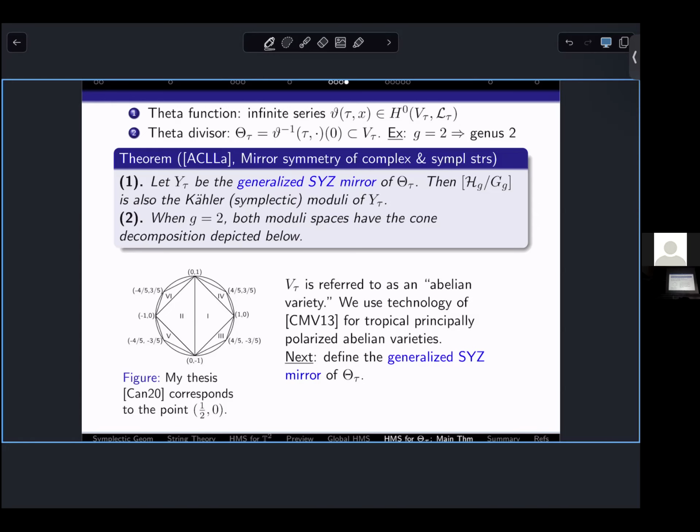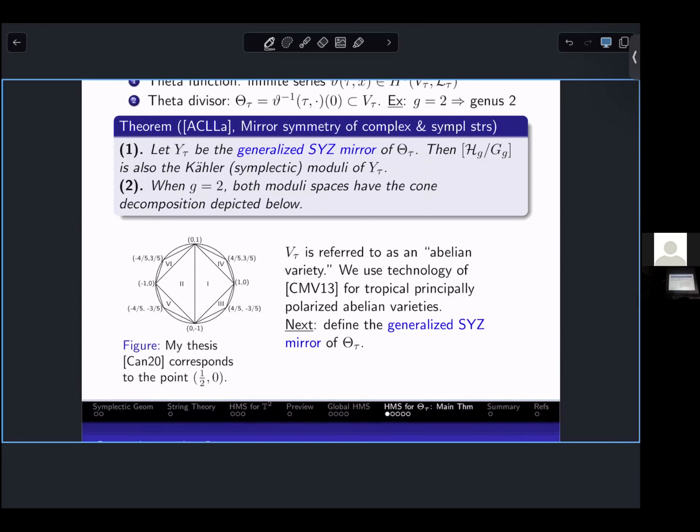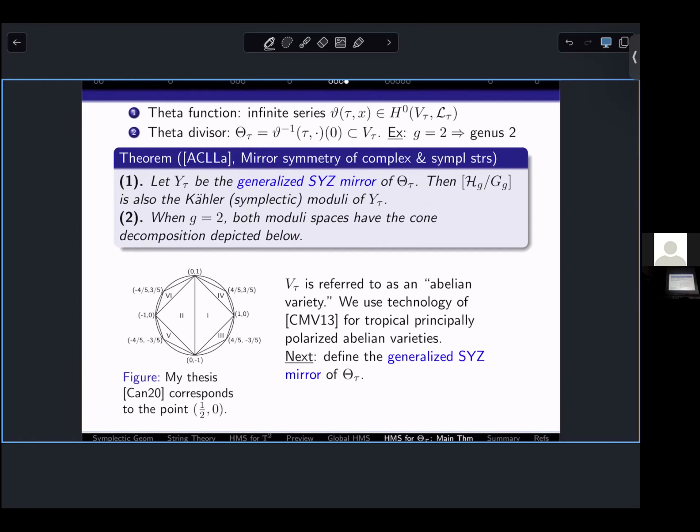Let me say more about the Landau-Ginzburg model now. Sorry, thank you for answering this question, but just on the symplectic side, the various charts there correspond to what? So they correspond to